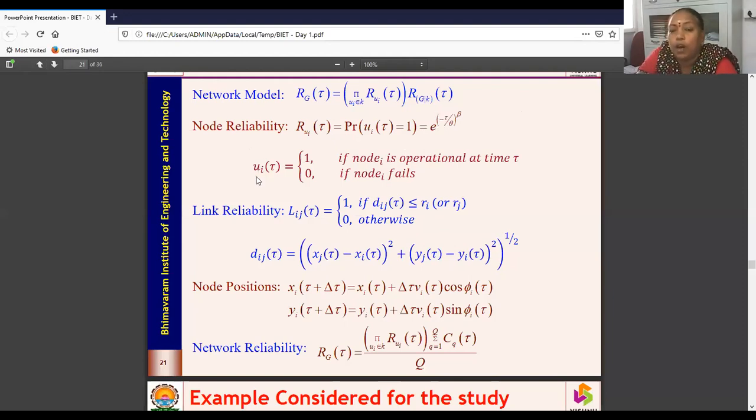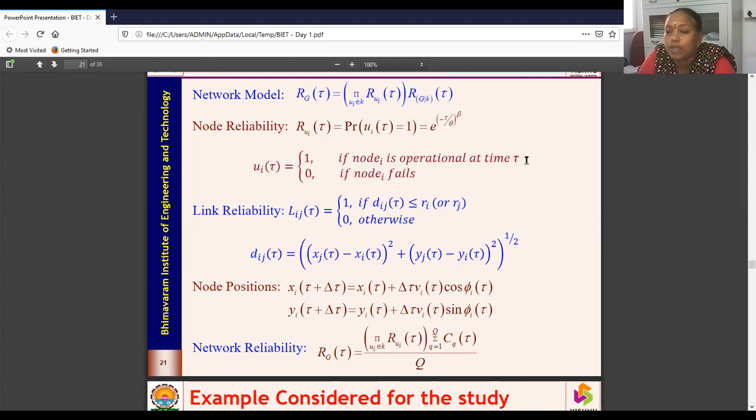Now, how am I going to define the node status? Ui of tau is equal to 1 if node i is operational at that particular time t. What I mean by operational is that it is in that particular coverage area. When it is in that coverage area and within all the specified conditions, it is operational.